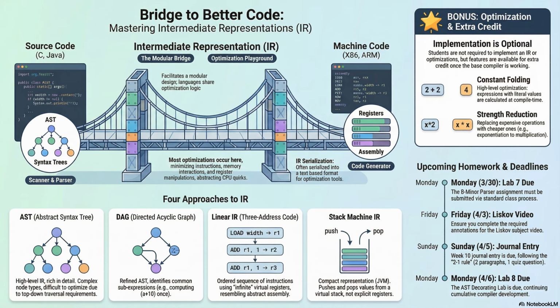So it can be passed sequentially through different independent optimization algorithms. Okay, which brings us to the star of Chapter 8 in your notes. The directed acyclic graph, or the DAG. Now, looking at the diagrams in the textbook, a DAG looks a whole lot like an AST at first glance. It does look very similar. It has nodes, it has branching paths, but the fundamental difference is in how the branches interact at the bottom